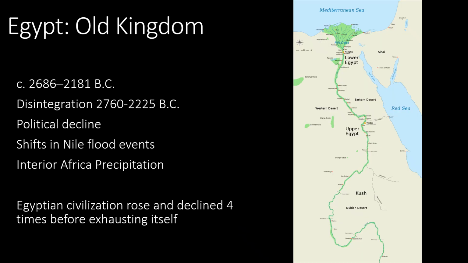In ancient Egypt, the Old Kingdom, we learned several lessons from a civilization that developed in a rather unique geographic and environmentally contained environment of the Nile Valley. So agricultural productivity and yield is directly tied to the rains and the flooding of the Nile Valley, which brings with it the nutrients from upstream and deposits it on the agricultural fields on an annual basis in Upper and Lower Egypt. So by 2686 BC, we have the development of the Old Kingdom, which does represent, I would argue,